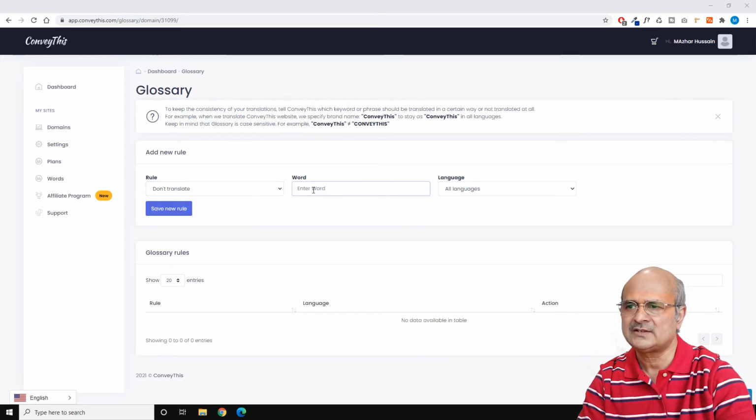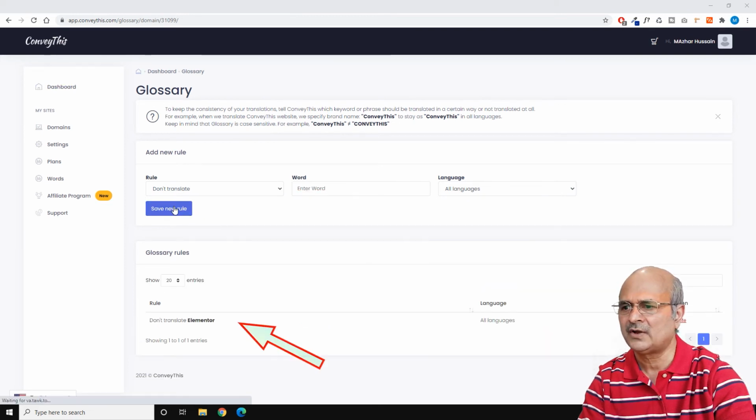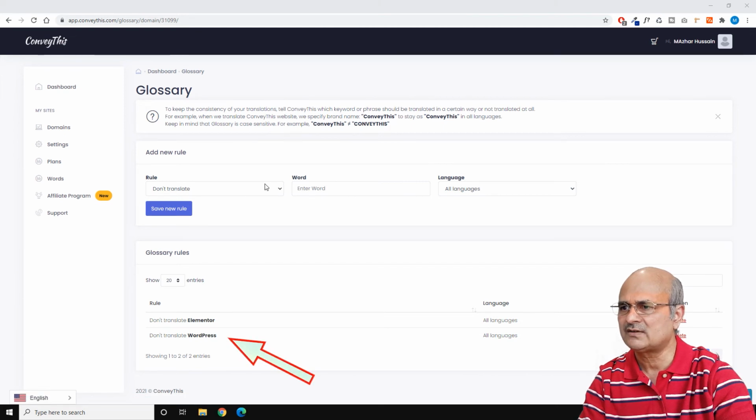Let's pick Elementor, because what you want to translate this Elementor. So let it be Elementor as it is. Just type the word and say save new rule, and you will see that there's one rule added at the bottom here. Let's add another one, say WordPress, don't translate WordPress as well. So we have already added 2 rules here, and now we click down and say translate as, and let's take their name, ConveyThis. We don't want ConveyThis to be translated, but we actually want this to be translated as